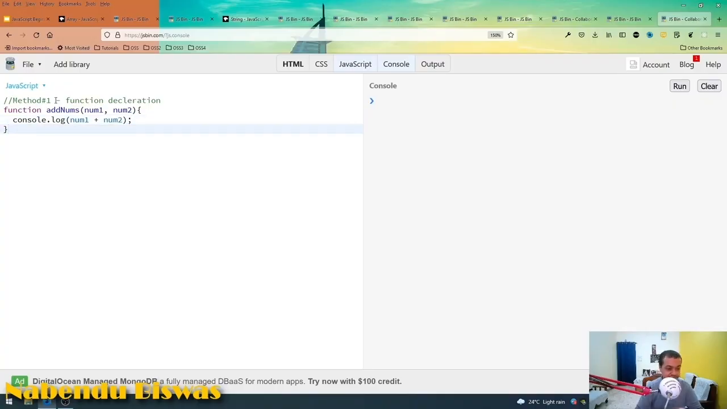And now how do I call this function, which is simple. addNums(20, 30), and it will print. So this is the normal way, the function keyword is used in JavaScript. This is the normal way to declare a function, and this is known as function declaration also. The second way is known as